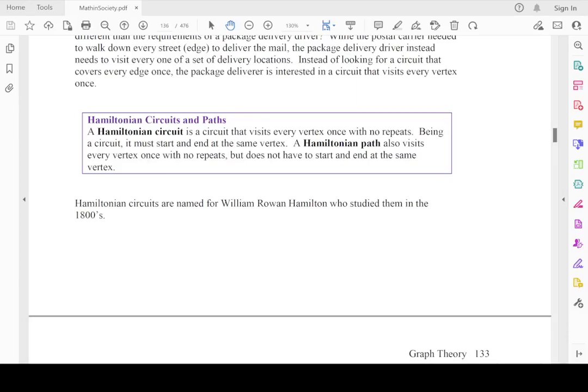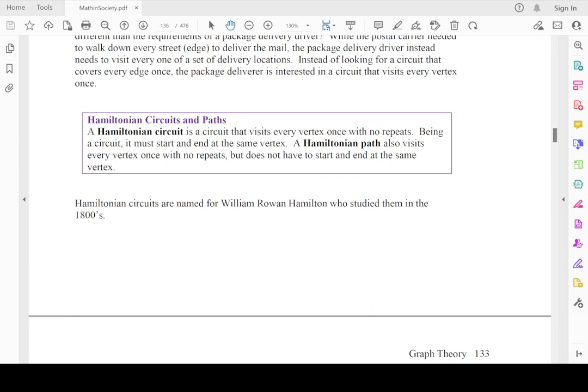Okay, so here we're going to introduce what are Hamiltonian circuits and paths. What you see in front of you is from our textbook. It says a Hamiltonian circuit is a circuit that visits every vertex once with no repeats. Being a circuit, it must start and end at the same vertex. A Hamiltonian path also visits every vertex with no repeats, but does not have to start and end at the